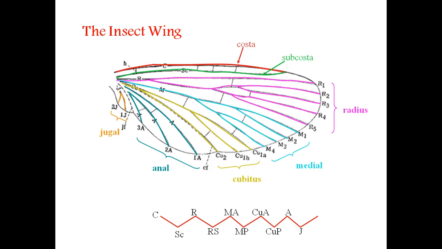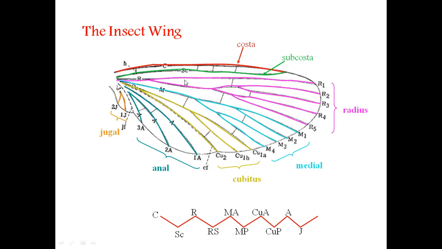and it is forked distally. It is forked distally, so there are two branches again of the subcosta. Okay, so that is on the wing venation. Now the next one, radial veins, which is pink in color, and it is